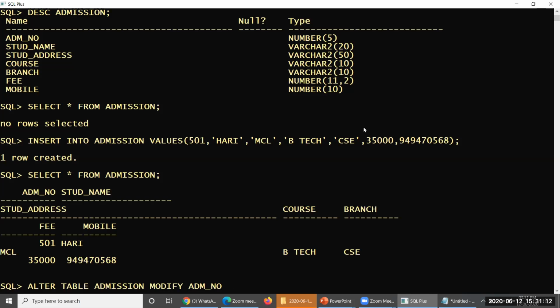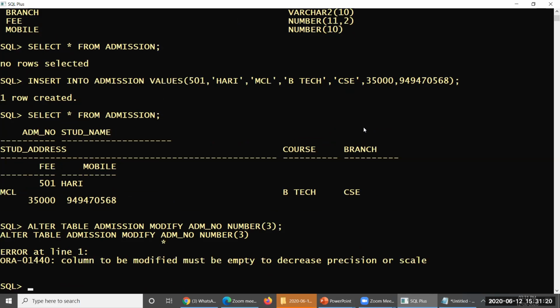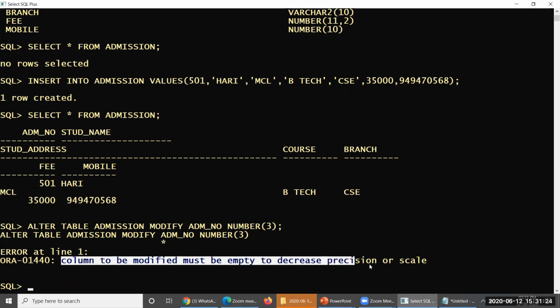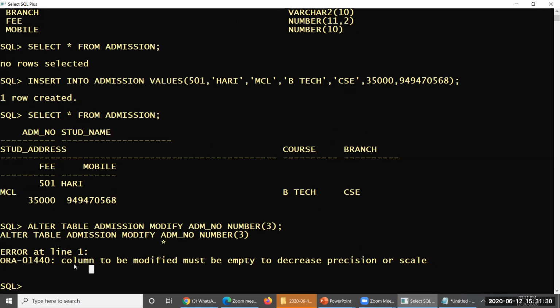Previously it is number of 5, now it is number of 3. Right, I am going to hit enter. Then please observe: your column must be empty to decrease the precision or scale of the given attribute. You remember this one. As and when you have to decrease the size, your column must be empty.